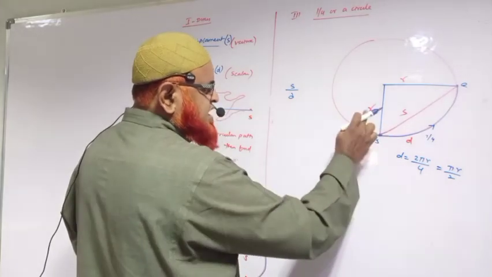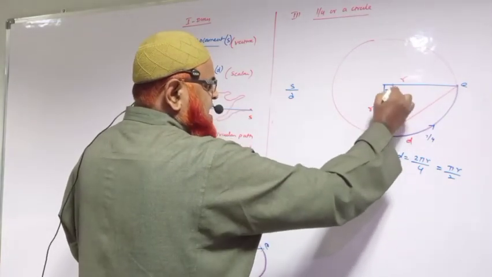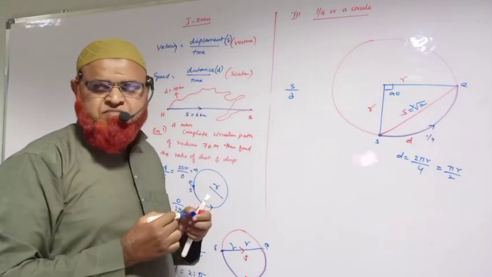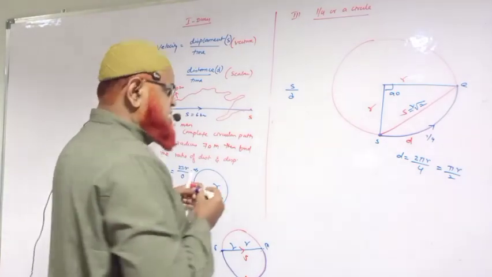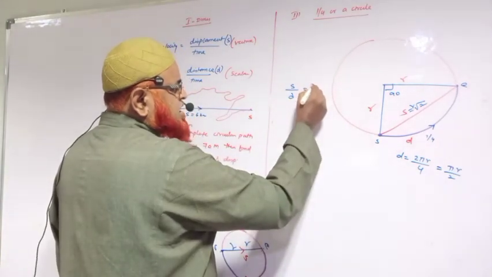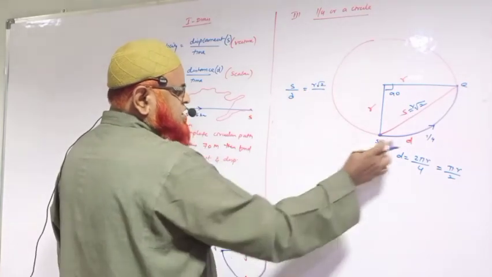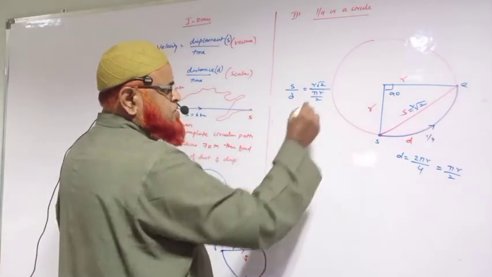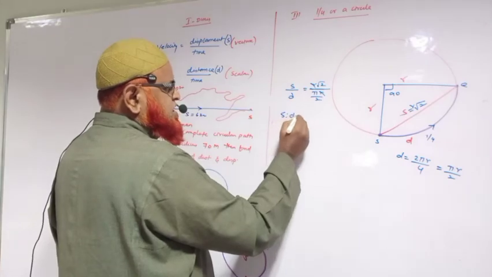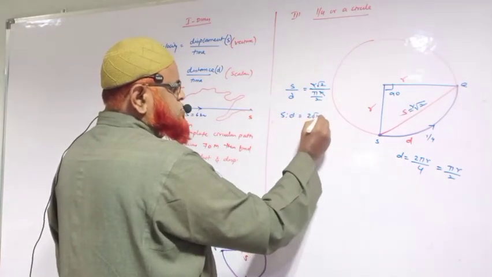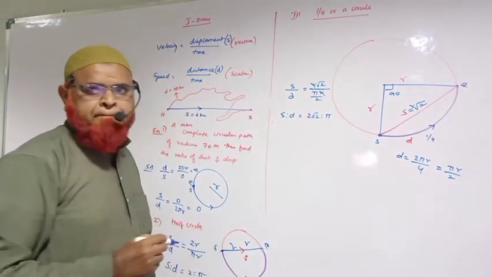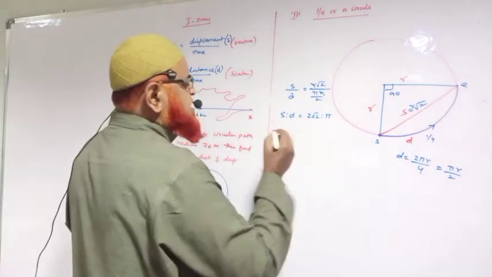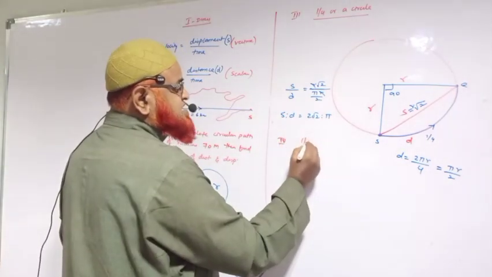And what is the displacement? If this is r, and this is 90 degrees, is it not going to be r root 2 by taking the Pythagoras theorem? That's it. Then here, displacement is going to be r root 2, and what is the distance? Distance is going to be pi r by 2. So r gets cancelled. So S is to D is equal to 2 root 2 is to pi. Okay? Then, like that, the fourth point which we need to discuss here is 1/6 of a circle.